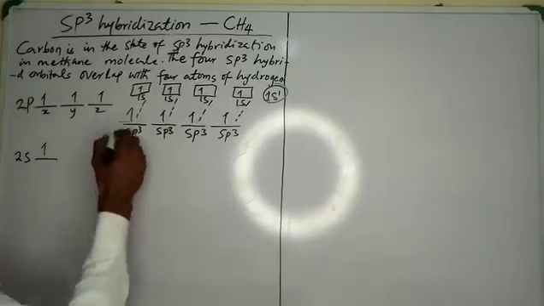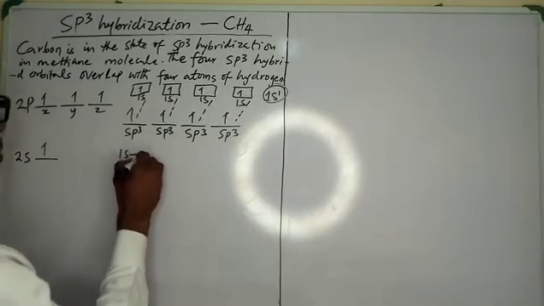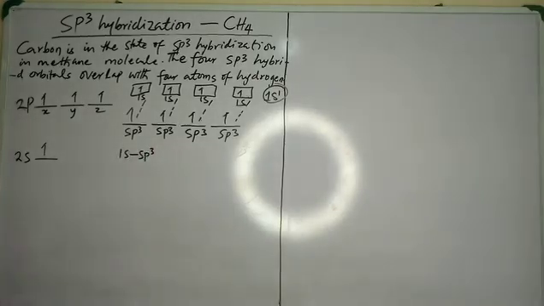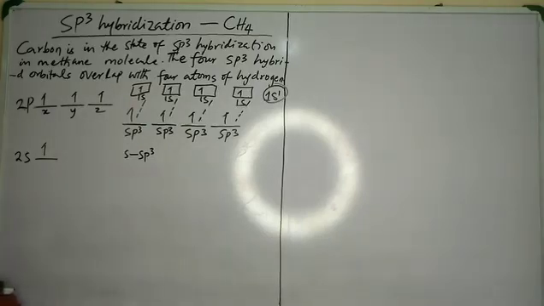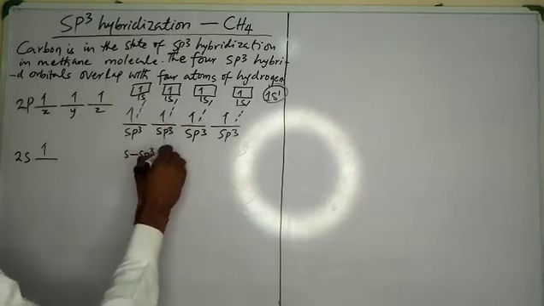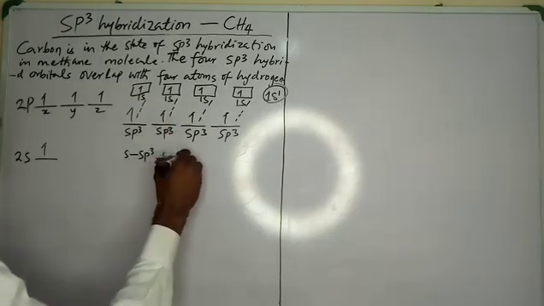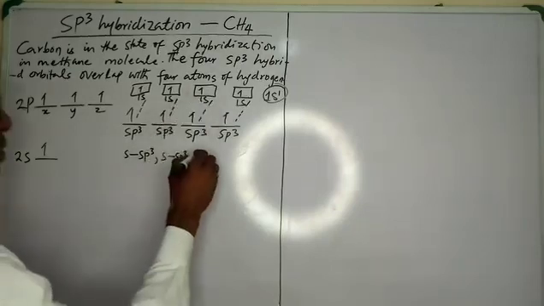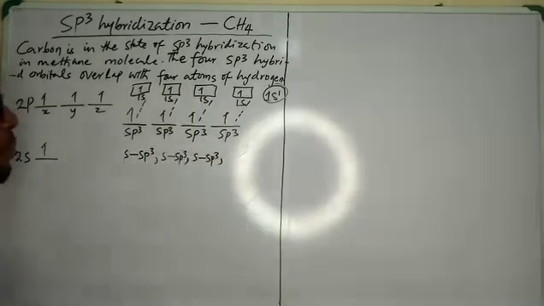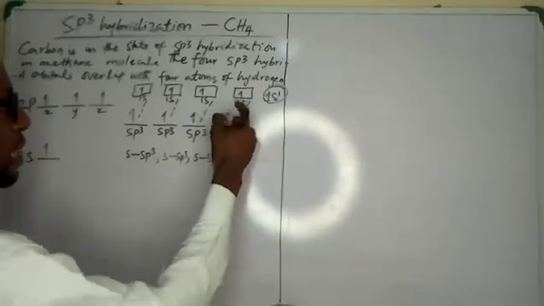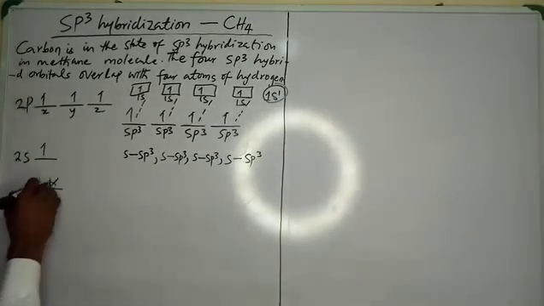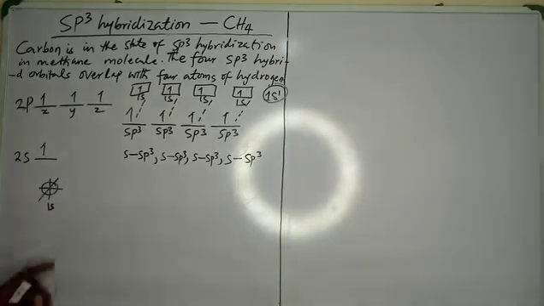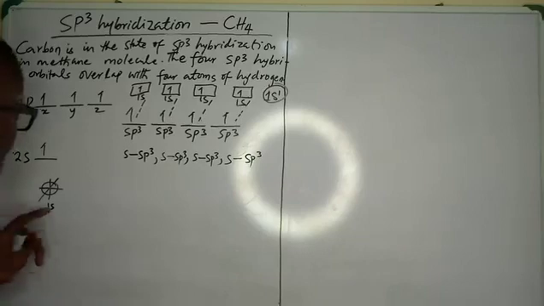So you agree with me now that we have a 1s to sp3 bond formed. You also have a 1s orbital overlapping with an sp3 orbital. Again, you have an s orbital and an sp3 overlapping, and in the third one you have an s orbital overlapping with an sp3 orbital. It is important to note that the s orbital is spherical in shape. So when you have one sphere, you have a 1s orbital.